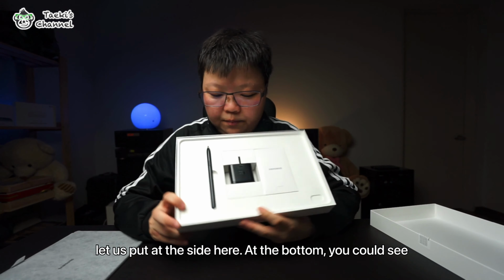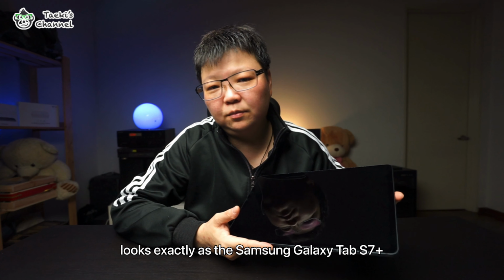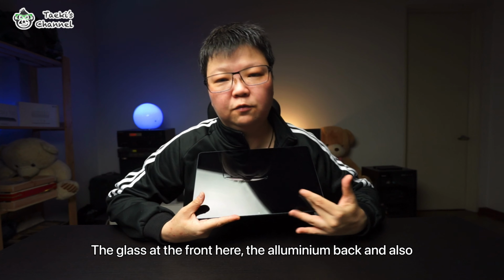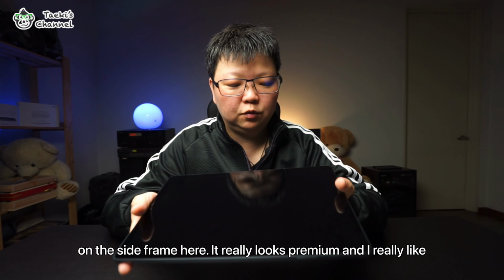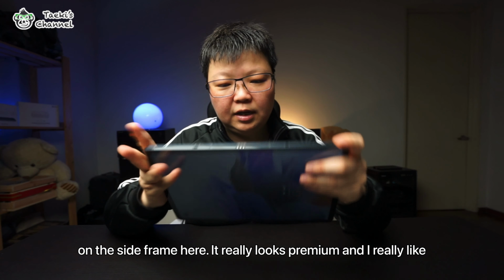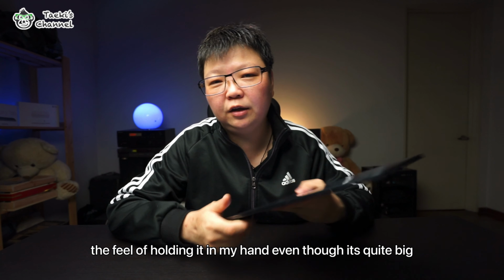So now let us move on to the tablet itself. This is the cover that is protecting the tablet. Let's remove it, and this is how the whole tab looks. For my first impression of this Samsung Galaxy Tab S7 FE, I felt that the whole look and feel of this tablet is exactly the same as the Samsung Galaxy Tab S7 Plus. They have glass at the front here, and the aluminium back, and also the frame here. So it really looks premium, and I really like the feel of holding it in my hand,